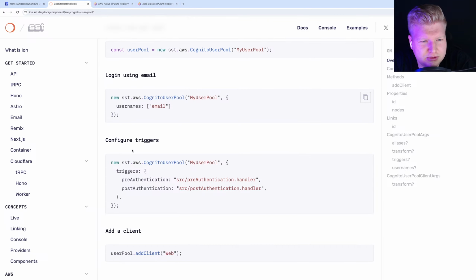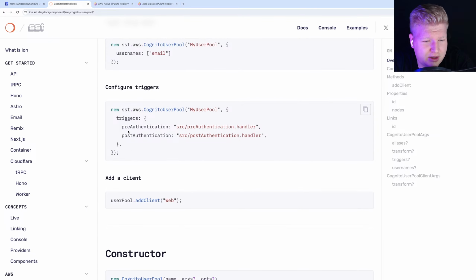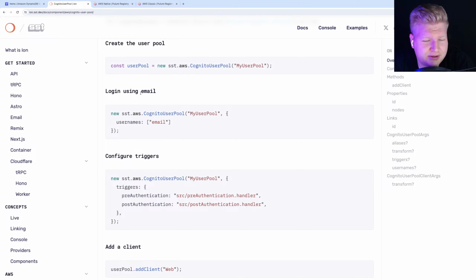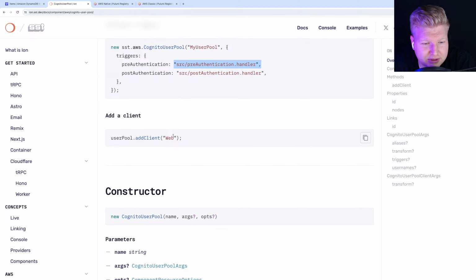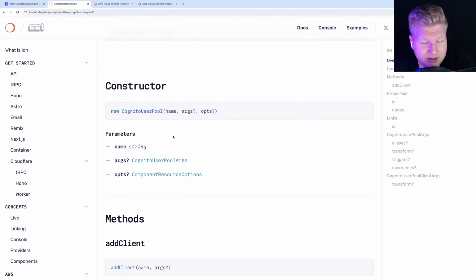So what do we have here? We have Cognito user pool. Yeah, important one, as I said. That's a similar interface to what SST v2 already has. You use emails for your usernames. You can set up triggers very easily, very comfortable. You don't need to create a new function. You just input the path and it automatically constructs a function. But if you want to construct a function because you need to set special parameters, you can always do that. That's the beautiful thing about SST, thinking about the developer experience but not closing the doors.